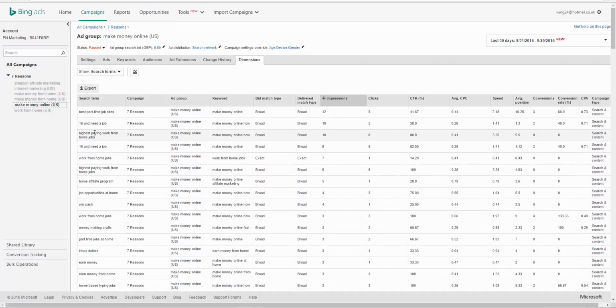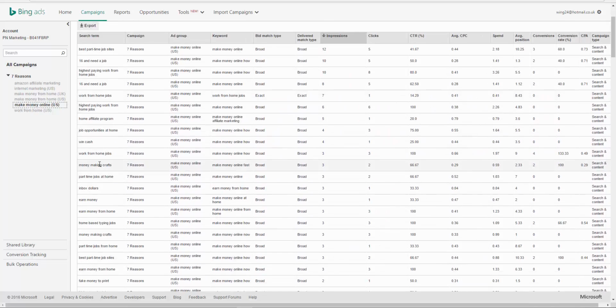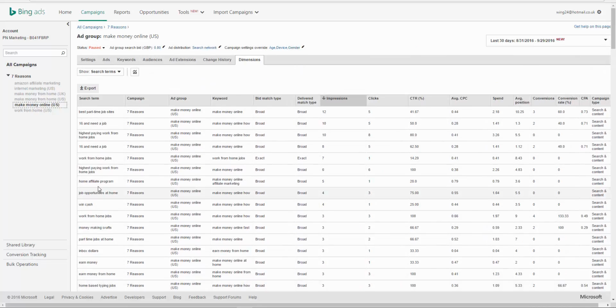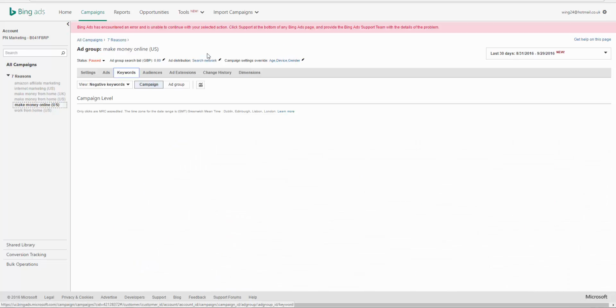So you've got to think all these people here are not all going to want to opt in, because they're all going to be searching for something different. So if we go back to keywords,